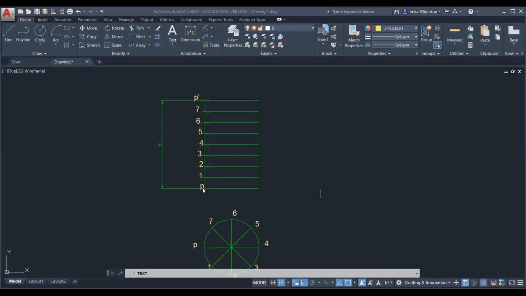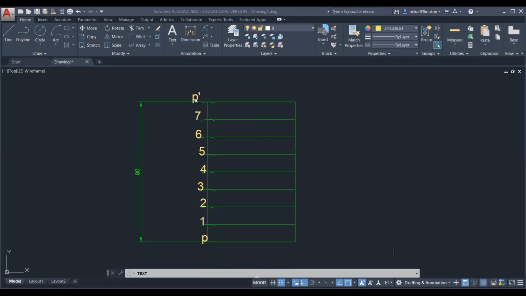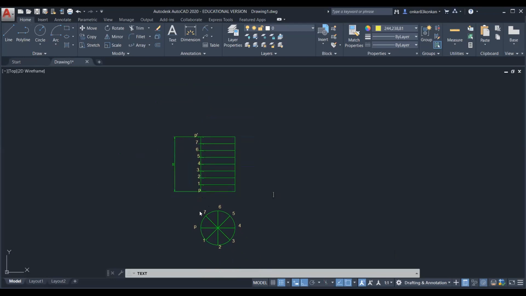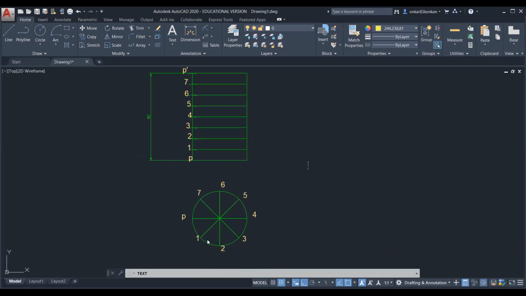So here the curve will start from this point and finally it will end at the P dash point. Now from each point, that is from point 1, 2, and 3, draw the vertical line.